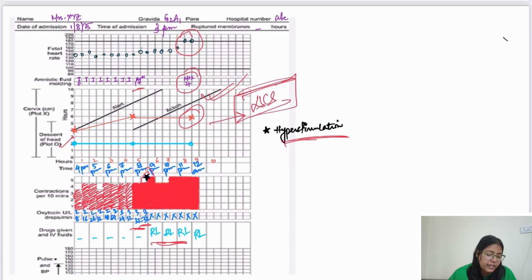Here you see I have written I means intact, membranes were intact. At this point maybe ARM was done at 8 pm because progress was slow, so you did ARM, and there was molding 1 plus, and it was meconium stained grade 1, and then it became grade 2, and molding also became grade 2 thereafter. So decision for cesarean was taken. Okay,